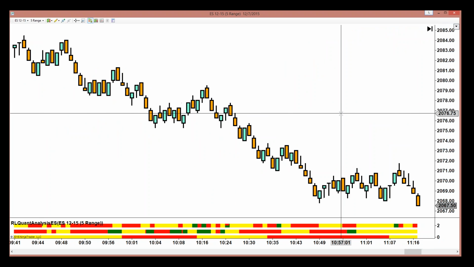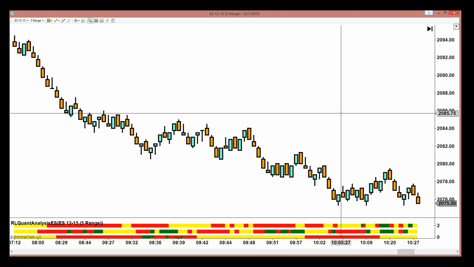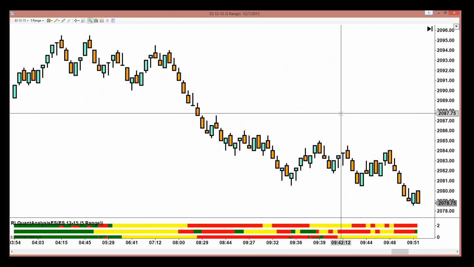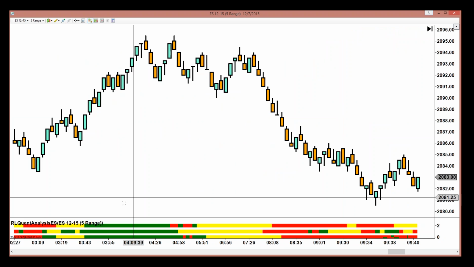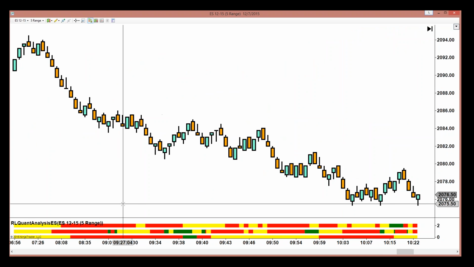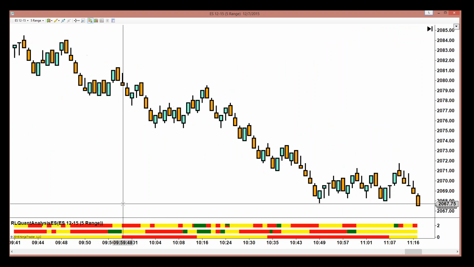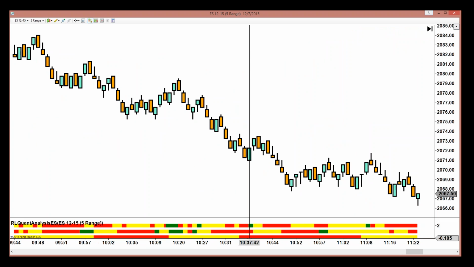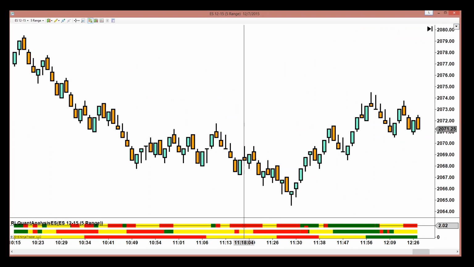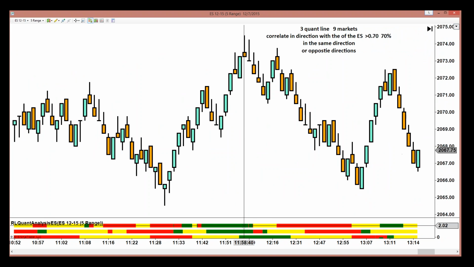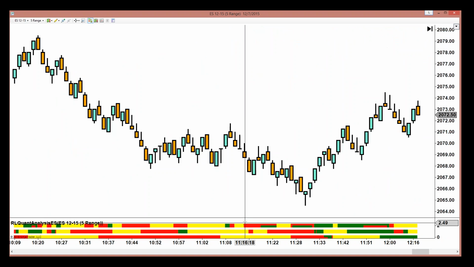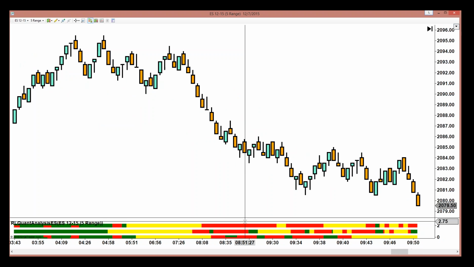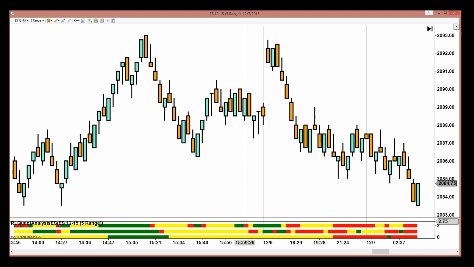So what we look for is quant line confirmation of a move. Now we don't get 3 quant lines, red or green, very often, because that's the alignment of a lot of markets. But what we look for, the key quant line on the E-mini, are the first and the third lines. Now, if you want to trade them, we're going to teach you exactly how to do so. But you can see how choppy the market was today. Very little quant line